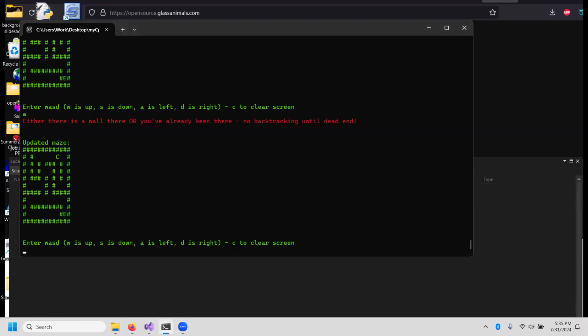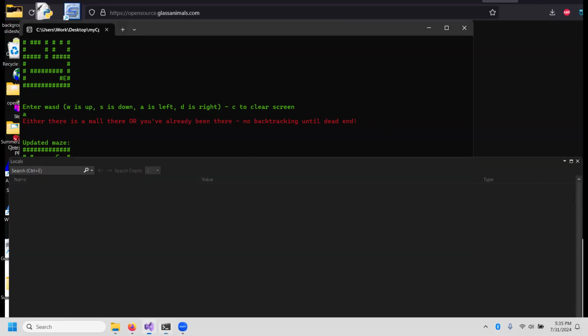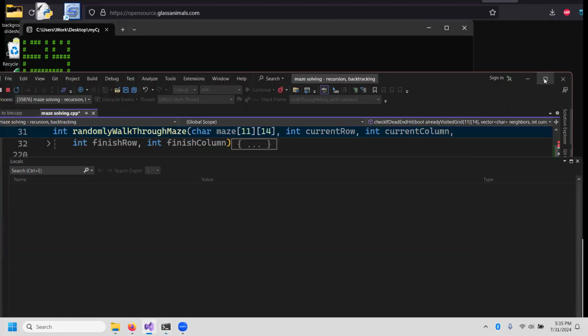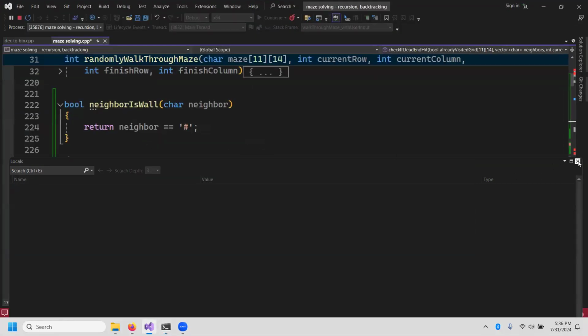Okay, so I've made some progress in checking if a dead end has been hit. That's not quite the right way to put it, I think. Checking if backtracking is needed is kind of a different way to put it. So it's not at all a tidy approach, of course, but